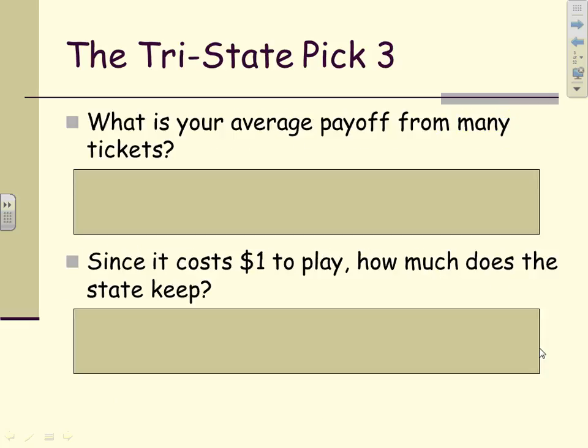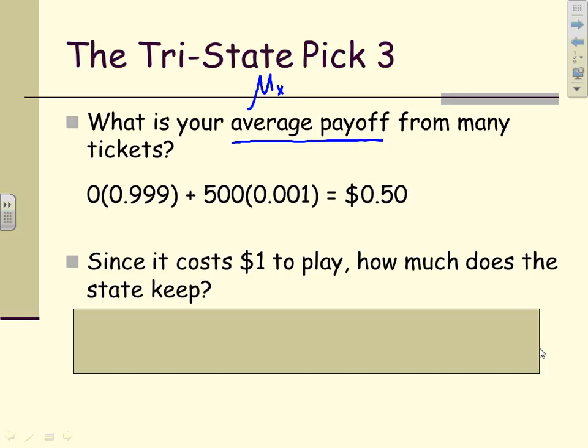What we want to do is figure out your average payoff. Now, average, you're starting to think about the mean of what's going on there. Average payoff from many tickets. Well, if you think about that, you're only going to win one time out of 1,000. But when you do win, you're going to win $500 in that round. So you take your $500 that you'd win, multiply it by the probability of winning, and you also multiply 0, meaning the payoff when you don't win, times the probability that you don't win. You turn it out and you add those two together because they're disjoint events, and you find out that you'll win 50 cents on average for each ticket that you purchase.